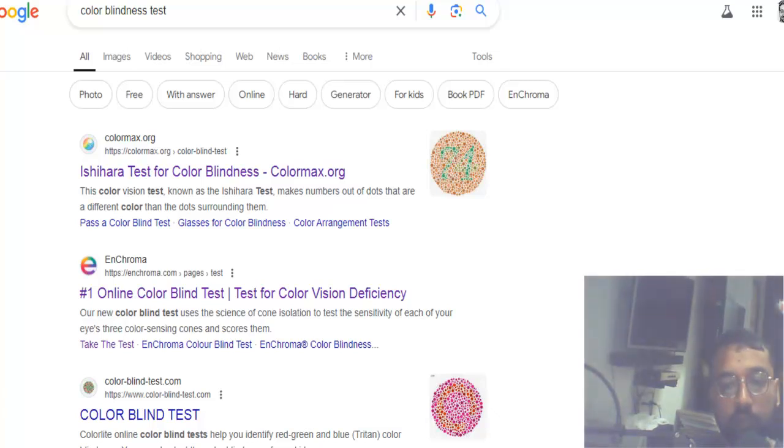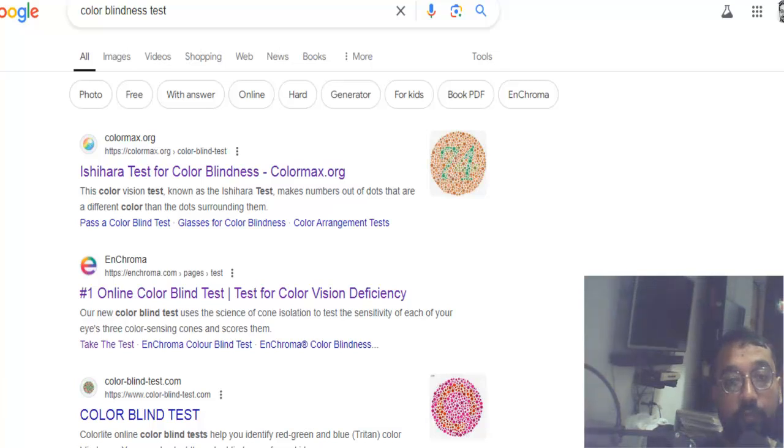Today we are going to check your vision ability. There are a lot of applications and job recruitments in which it is written that you should not have color blindness to be eligible to apply for that particular job. So here we are going to see how we can check color blindness online, how you can check yourself whether you are eligible for the particular exam or not. Do you have color blindness or do you not have it?